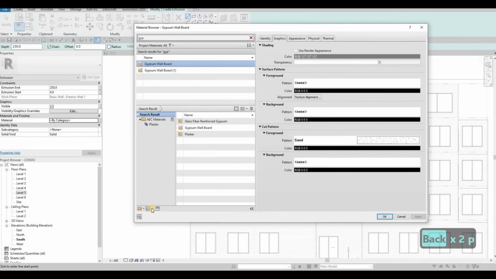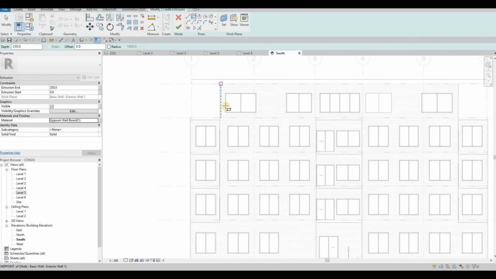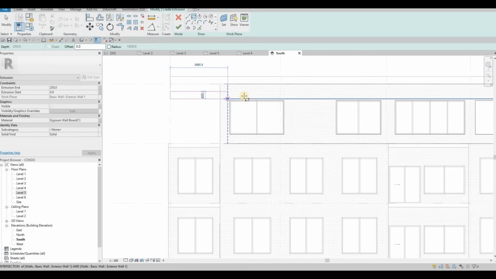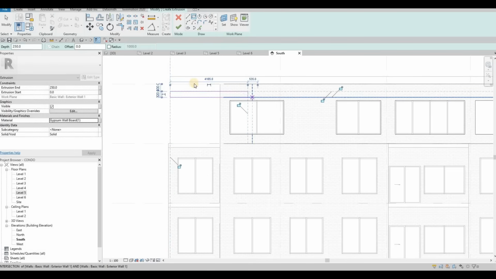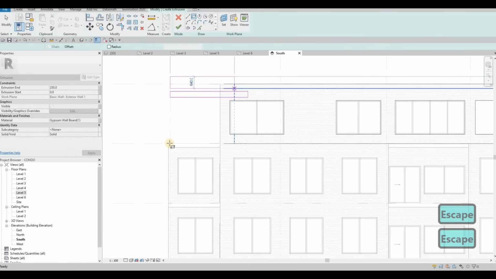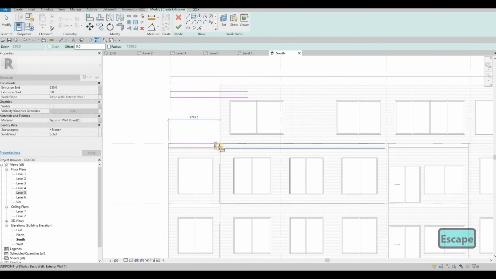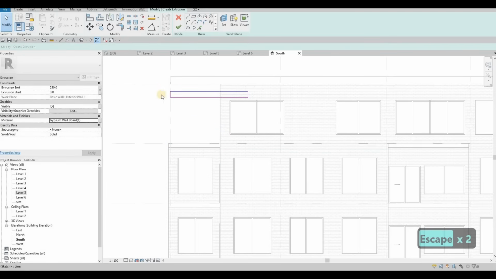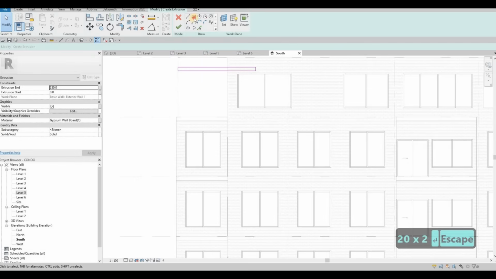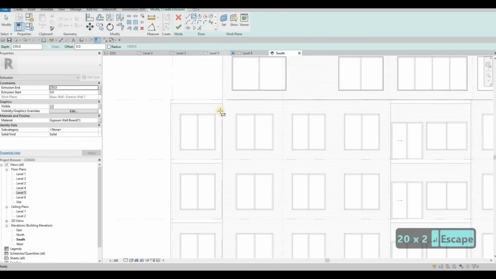So here, gypsum, we could duplicate and then apply. OK. You can even change the name of that one, so no need to worry about the naming. And then here, I just want to know how thick we did here, so 400, and then how thick we have it, 200 I believe here. So I'm gonna do 200 for the thickness to make it consistent with everything except for the roof, the top